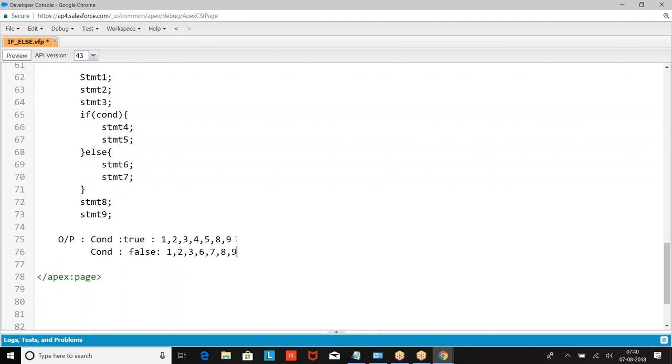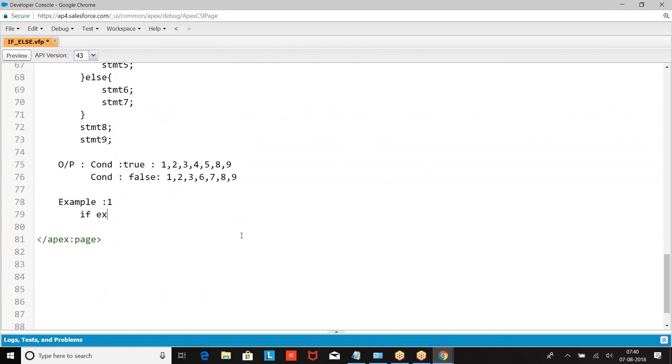Now, when the condition is true, the scope of if will run. When the condition is false, the scope of else will run. Now, let me give an example.